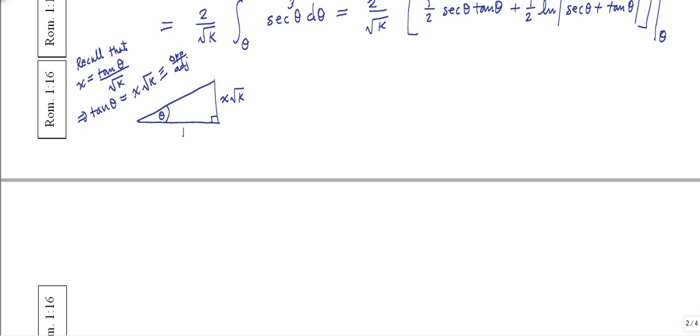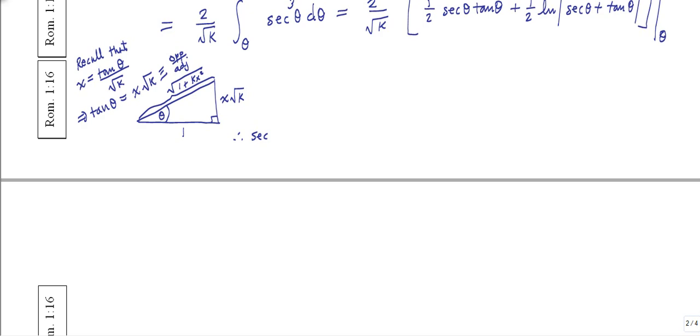The adjacent will therefore be 1. And so this hypotenuse here is going to be, by the Pythagorean theorem, radical 1 plus 1 squared plus this other leg of the triangle squared, that would be kx squared. Okay, so radical 1 plus kx squared is that other one. So now why did I do that? Therefore,